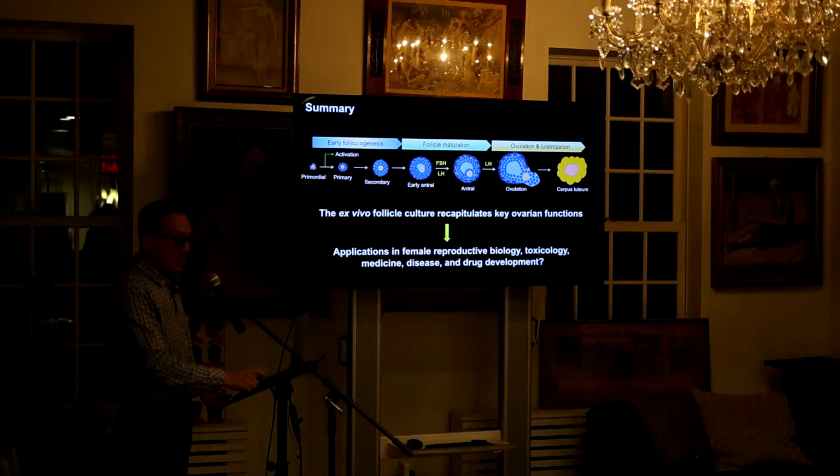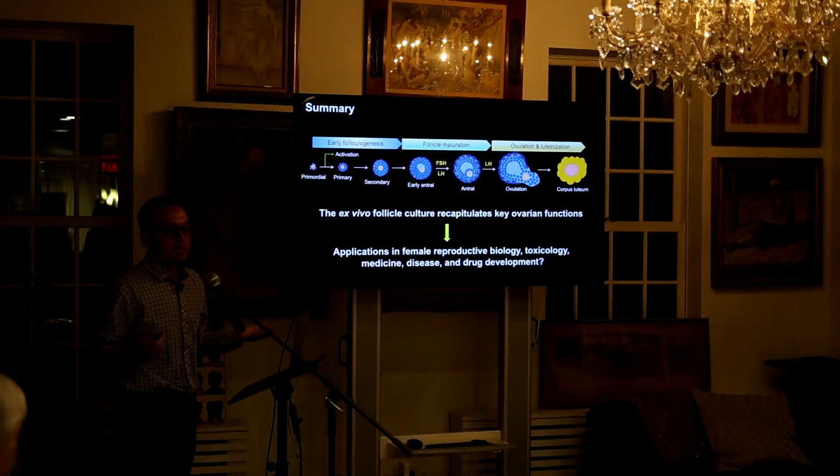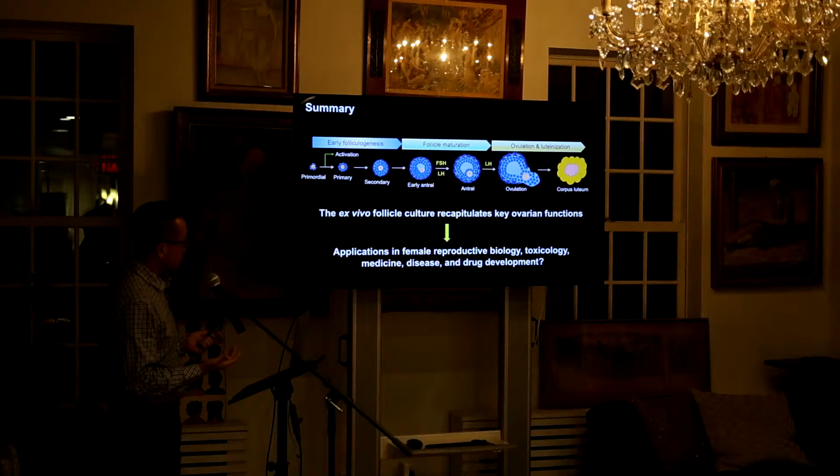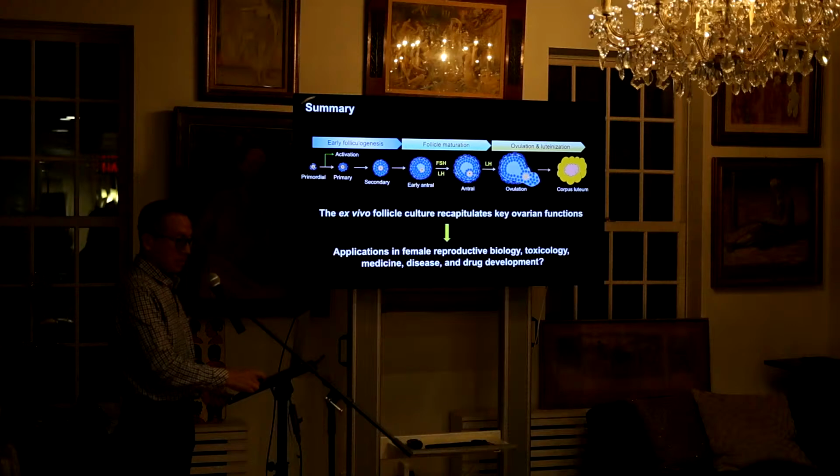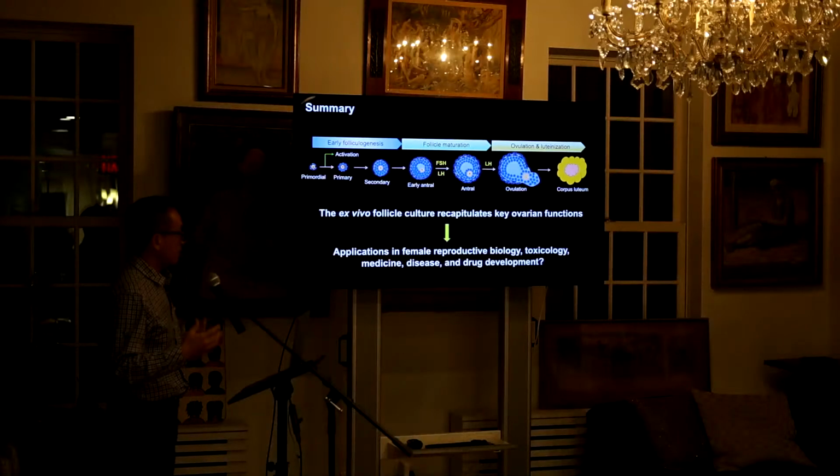And for me, I'm more interested in applied science, or how we can use this model to truly advance women's reproductive health. So we want to ask whether we can use this model to study the biology for deeper understanding, and also whether we can use this model to screen endocrine disruptors and other toxic drugs, their toxic mechanisms, and also see protective or preventive methods.